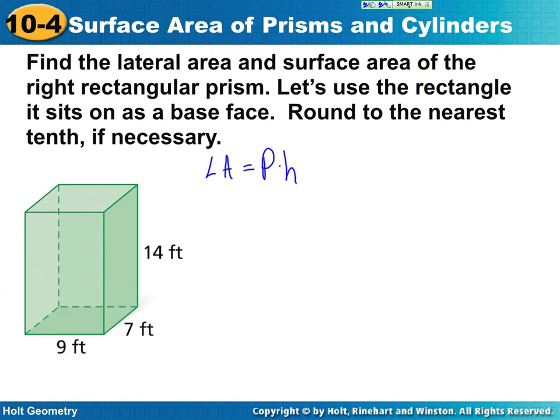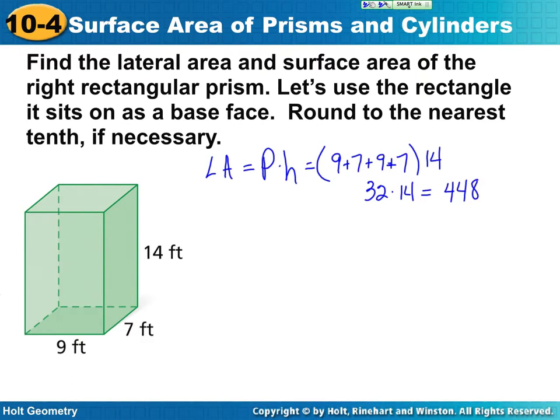The base face. And I'm telling you this time, let's use the rectangle on the bottom. So the perimeter would be 9 plus 7 plus 9 plus 7, which is 32 times, what's the height? How far from that to the other one? 14. So 32 times 14 is